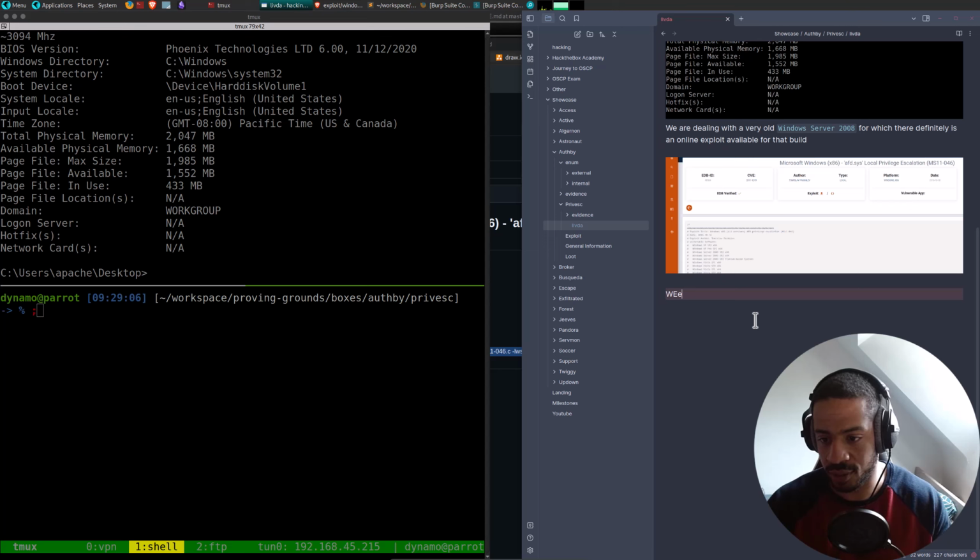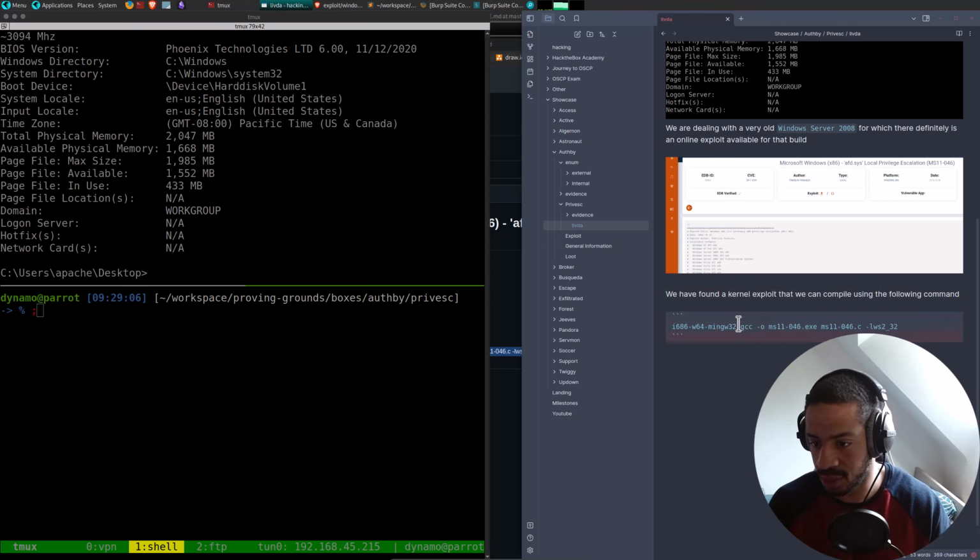We have found a kernel exploit that we can compile using the following command, like this.